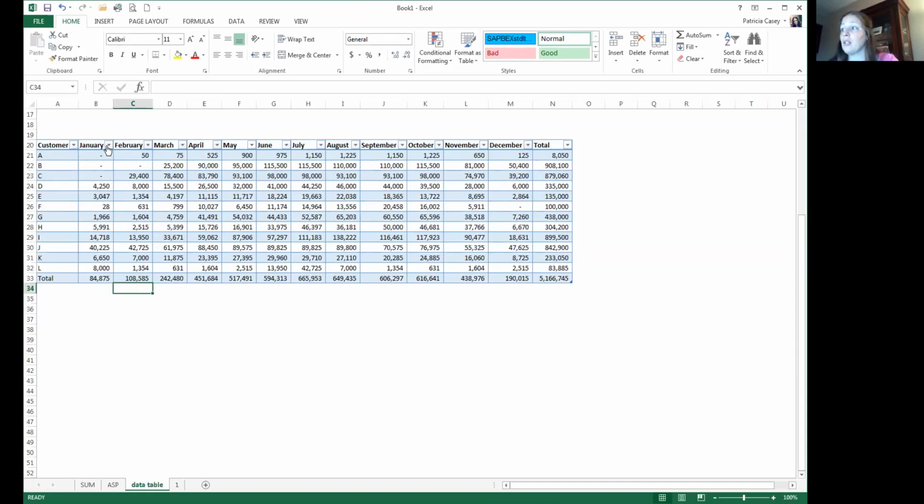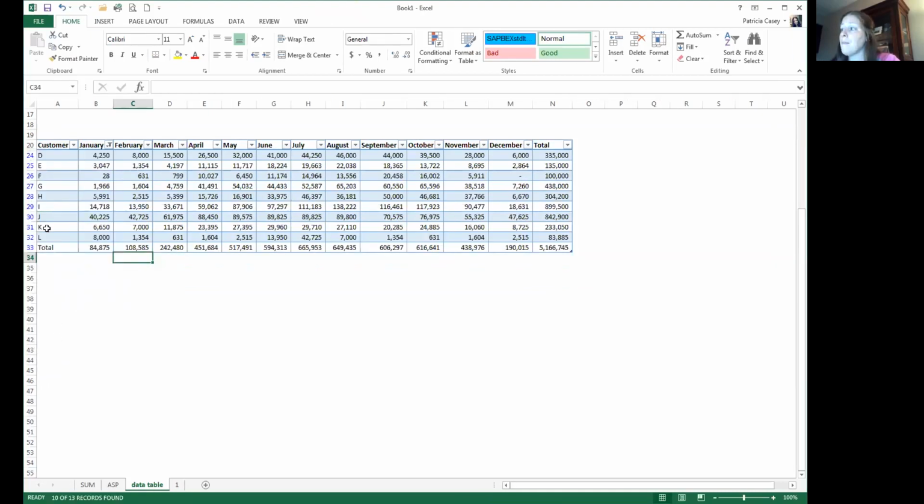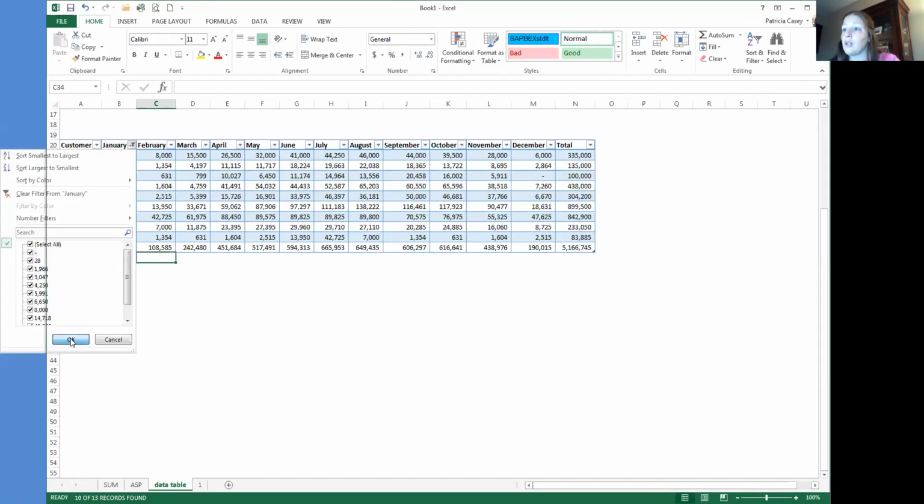You have the option of filtering by using this. So you could say, in January, let's not show anybody that doesn't have a value in January. So I'm going to uncheck that 0 line and hit OK. Customers A, B, and C were just hidden on my data table, and now I'm just looking at customers that had sales in January. So if I undo that,